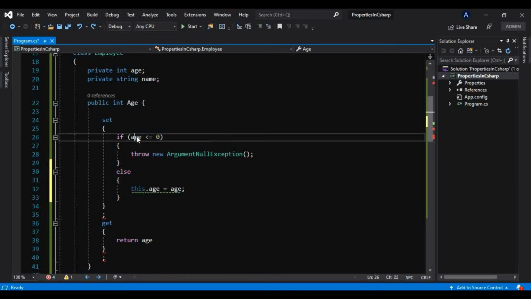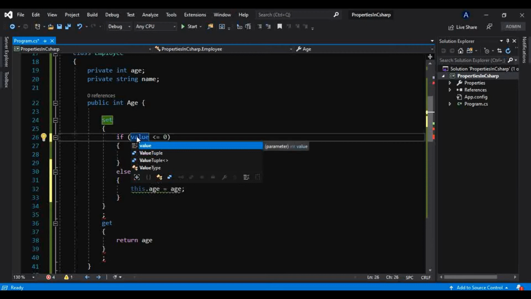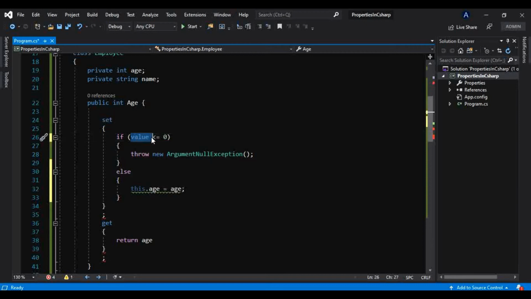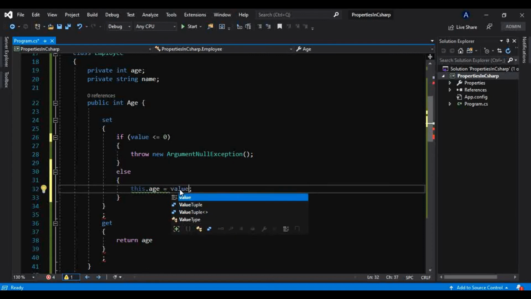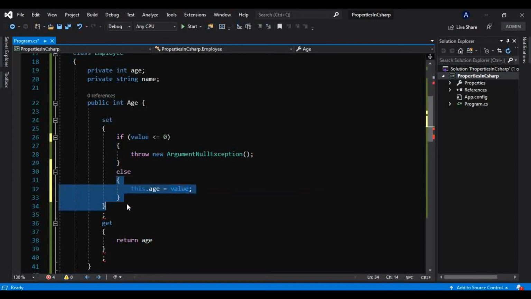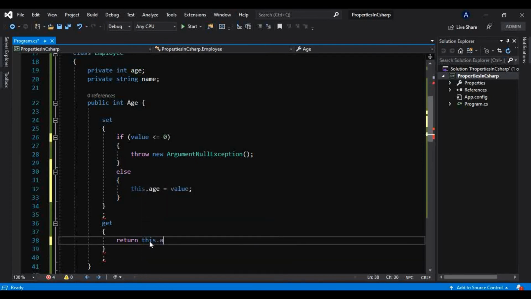Instead of using this age, there is a built-in keyword, that is value. That value contains the value from the user, and that's how you will initialize your field from that value. You are setting that value inside this else block like this, and we want to return that. So this.age, we will return that.